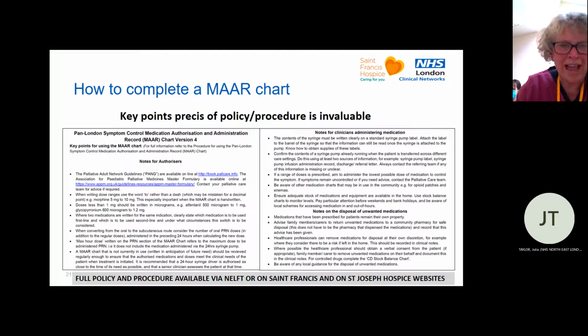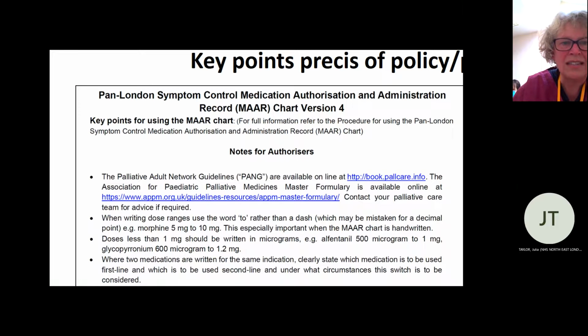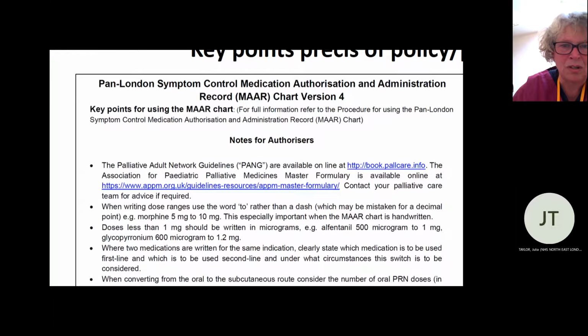With version 4, we have policy and guidance procedures, but very helpfully, the NHS London team have précised some key points of how to complete into a key points A4 sheet. It's probably going to be a bit difficult for you to read the detail, but basically on the left-hand side of the sheet, there is some information for authorisers. They give a website where you can look at some detailed clinical information to help you with your symptom control